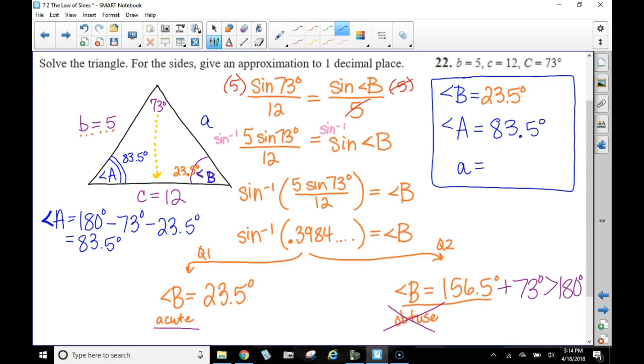And now that we have angle A, we should be able to find the last thing that's missing, and that is side A. We're going to have to use the law of sines to do that. Y'all, remember that we don't have a right triangle, so we can't use the Pythagorean theorem, okay? This is not a 5, 12, 13, okay? That's only for right triangles, so don't make that mistake. What we can do is use the law of sines to find side A. So here we go again. I'm going to use the